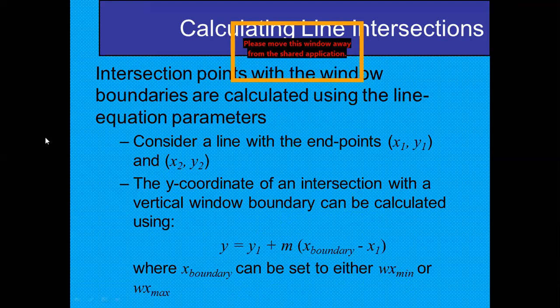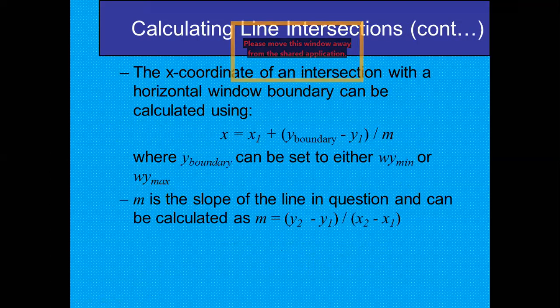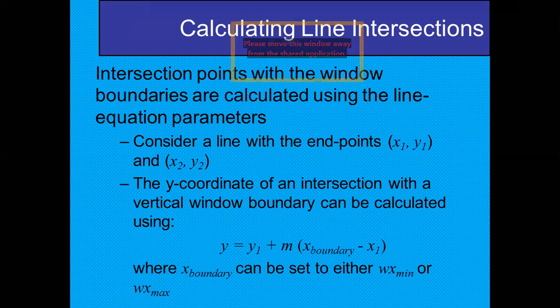Okay, and find out the intersection point with the help of this. Now the x coordinate, how we will solve the intersection point. We will use the endpoints x1, y1 and x2, y2, and here for the y coordinate, for finding the intersection point, we will use y is equal to y1 plus m, here we will put wx min minus x1, or either wx max, as per choice we can choose any data from there.